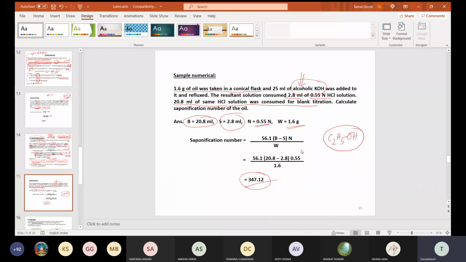Now, water is this. Ethanol and water come in the same category of solvent. They are considered hydroxylic solvents. Anyway, let us limit our justification here only: they are miscible, and ethanol is helping in making the same phase in which KOH is present, and thereby the reaction will continue after that.